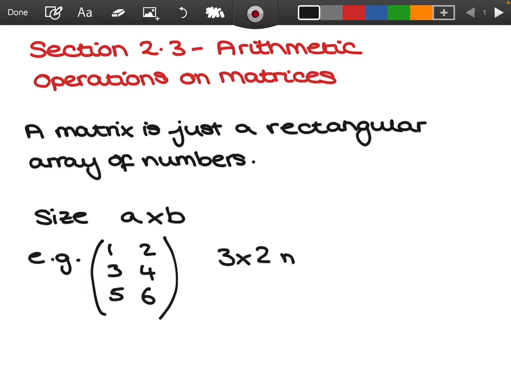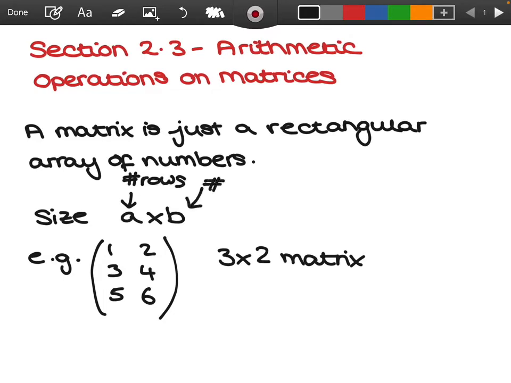This matrix has 3 rows and 2 columns, so we call it a 3 by 2 matrix, and that's how we write it. If you had 2 rows and 3 columns, it would be a 2 by 3 matrix,